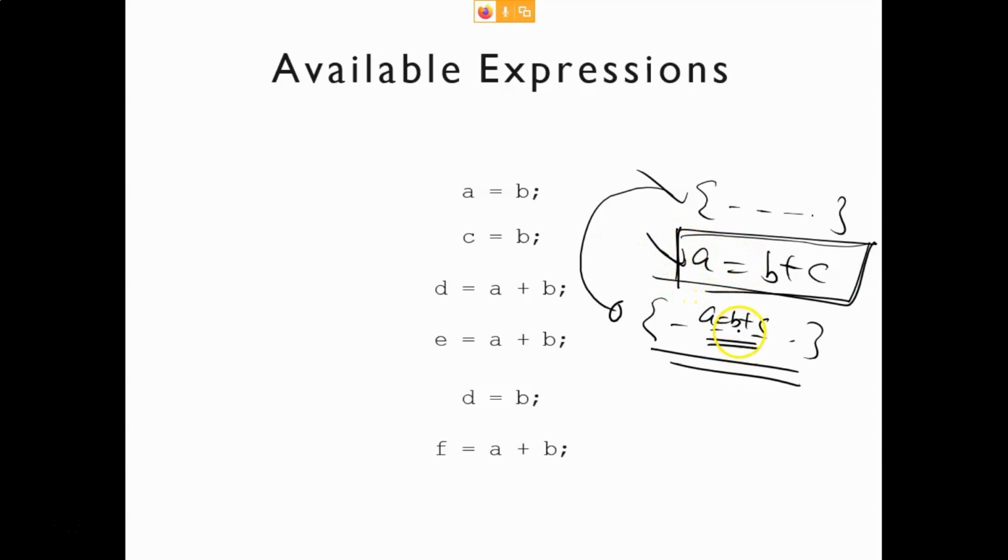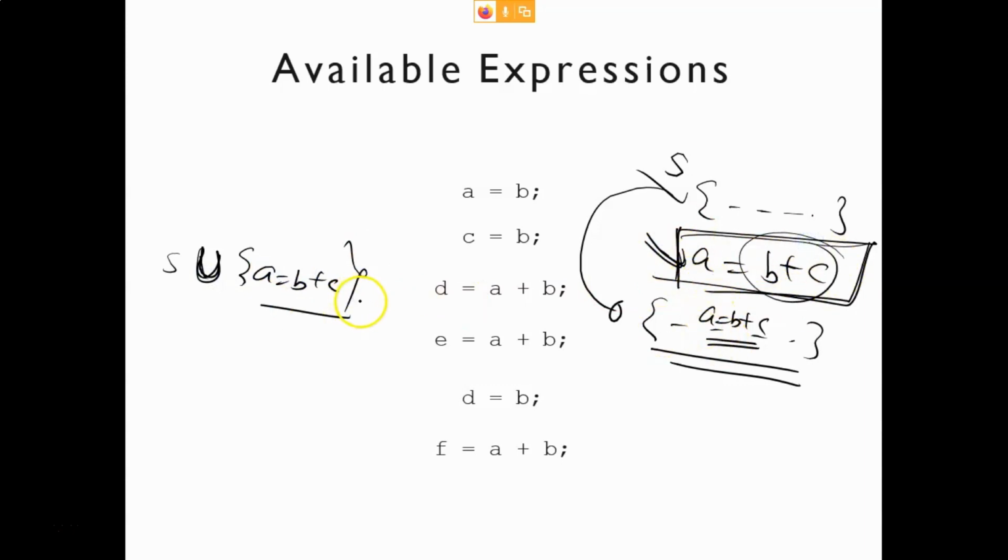Let's assume this is your set of available expressions S. Then in the output you will do the union with this expression, because after this statement this expression is definitely available.